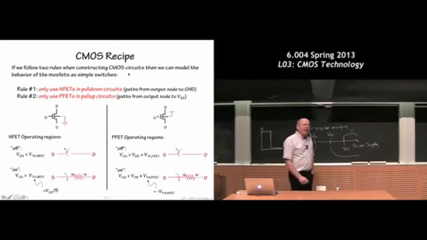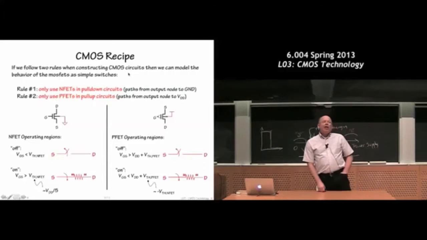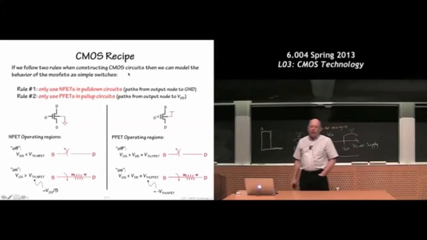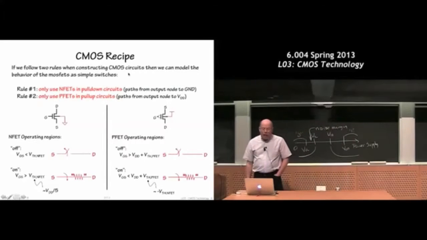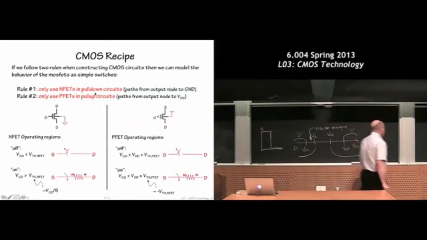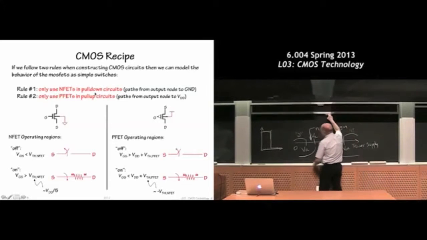And we're allowed to get away with this simplified explanation because we're going to use these devices according to a set of rules that allows us to think of them as voltage-controlled switches. They're actually not quite so simple. But if we use them according to these rules, they actually behave just like voltage-controlled switches. Okay, so what we're going to do is build logic gates according to the following